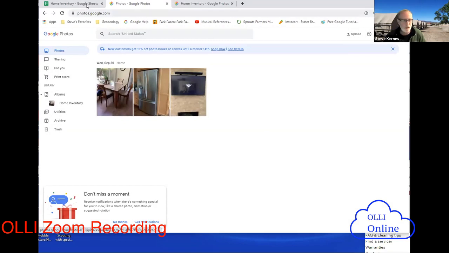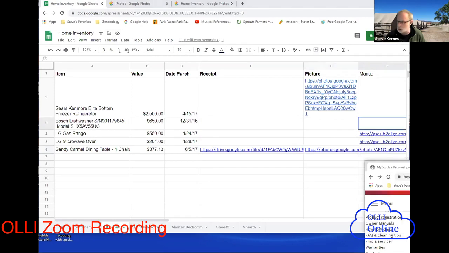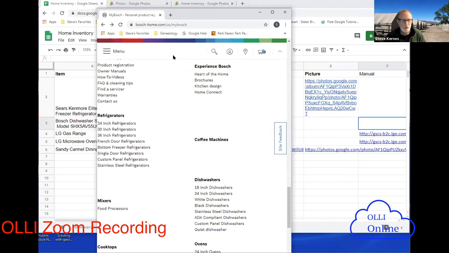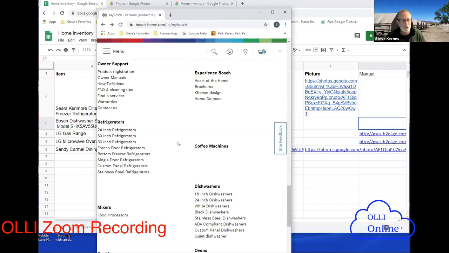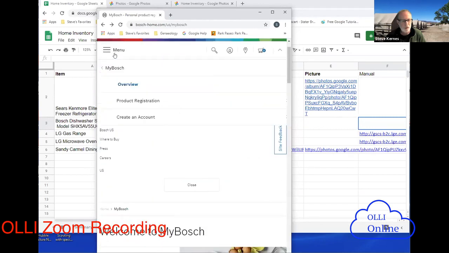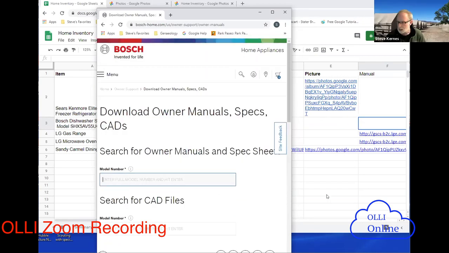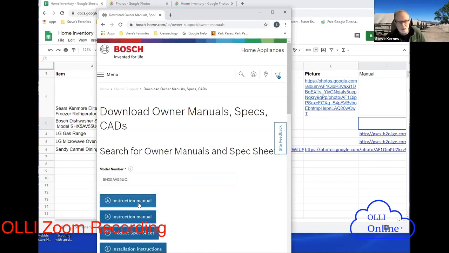Another thing I find useful is that for the dishwasher, I went out and said, okay, I want to know where the manual is. So I went to the Bosch website, because it's a Bosch dishwasher, and I went to the support menu. I go to the menu and find the owner manuals, and the manual for the dishwasher. There is the instruction manual,